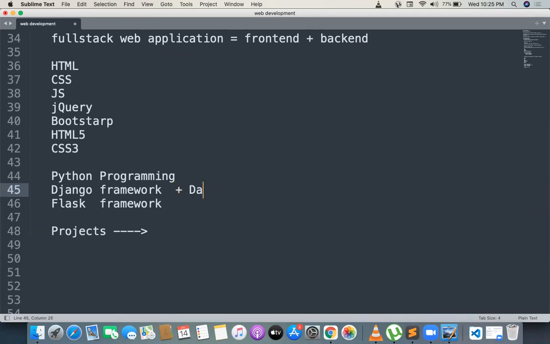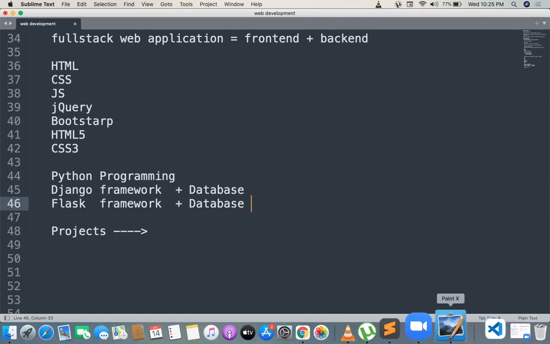Without a database, there is no usage with the framework. So compulsorily I will work with a database. Later I will tell you which database is best, and I will show you a lot of databases, like Firebase, MongoDB and MySQL, how to store the data, how to write the data, how to read the data, and how to give a response from the JavaScript, how to write code in JavaScript.